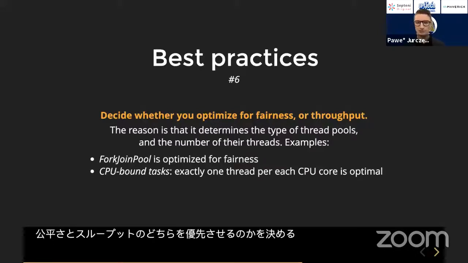The second example is that fork join pool is very often used as Scala's global thread pool, in combination with Scala's futures, and Scala's futures are also optimized for fairness. So by default, many applications in Scala are optimized for fairness, which is perfectly fine. But sometimes you will require throughput from your application, and then you might need to change